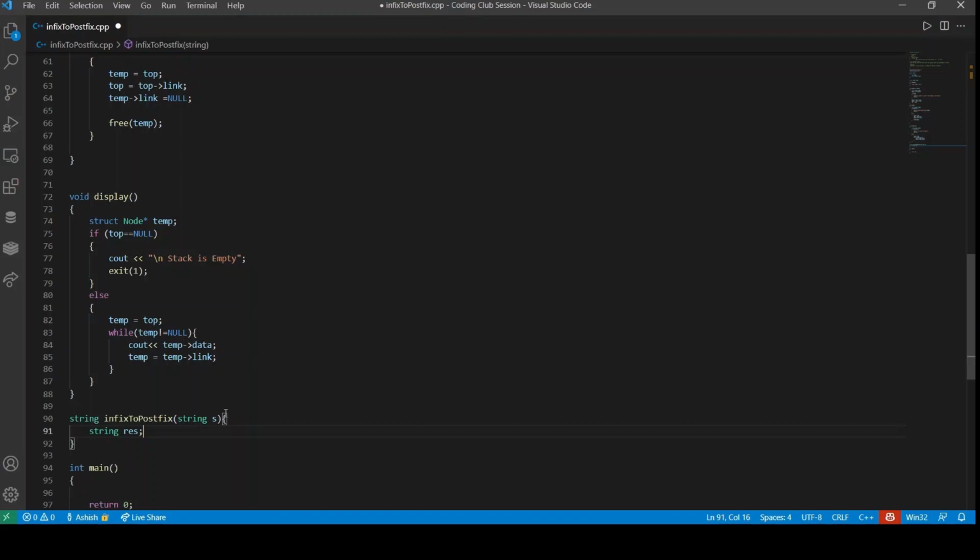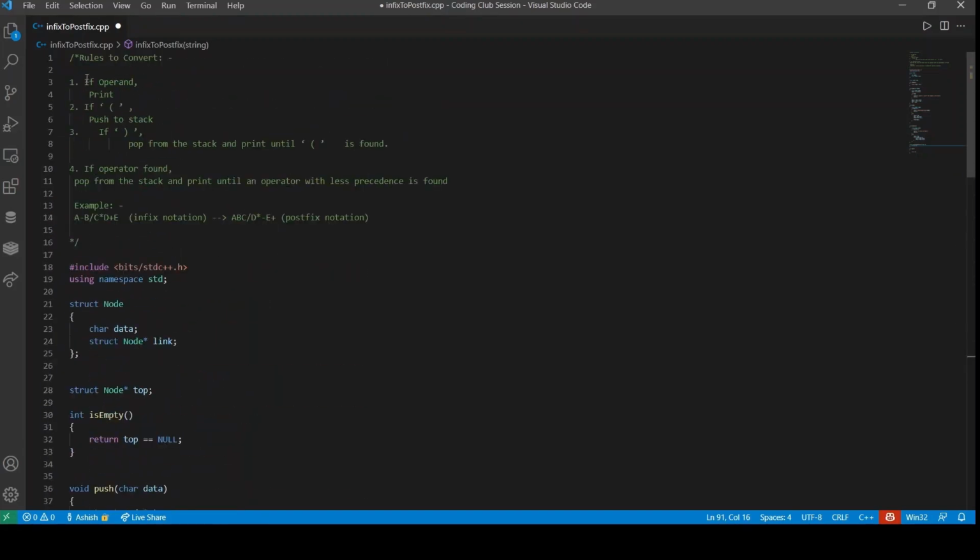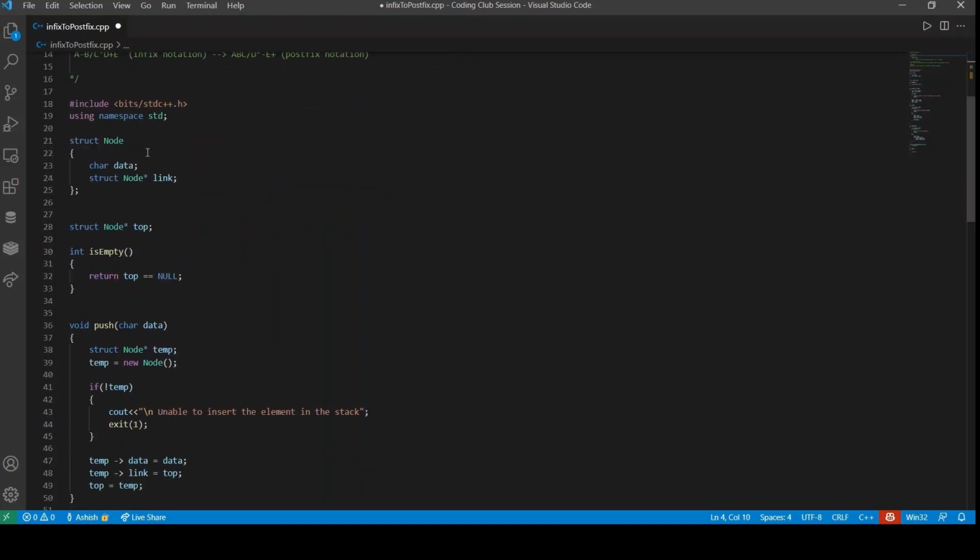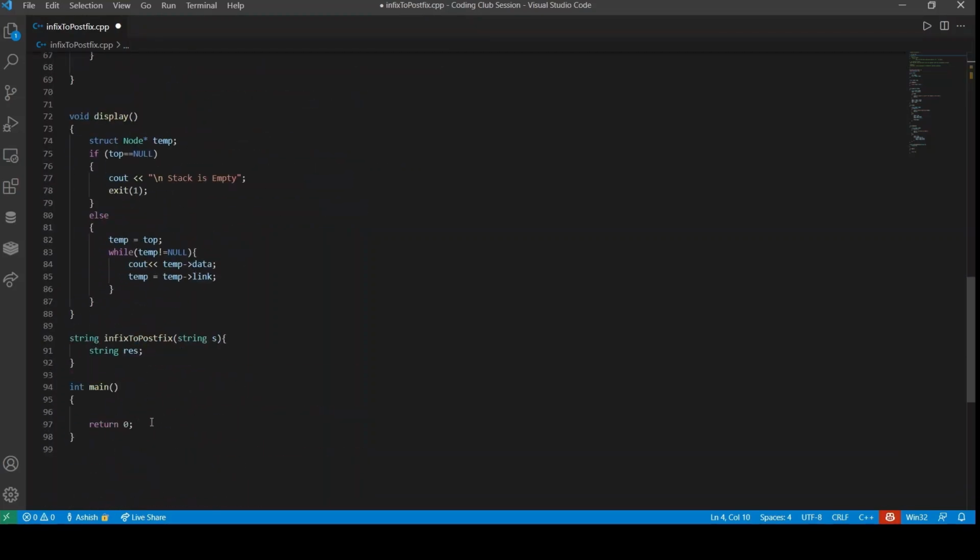Okay, right. As we know, there are some rules for the conversion from infix to postfix. So let us go one by one through these and get the algorithm ready, right? The first thing we know is that we simply have to iterate on the string.